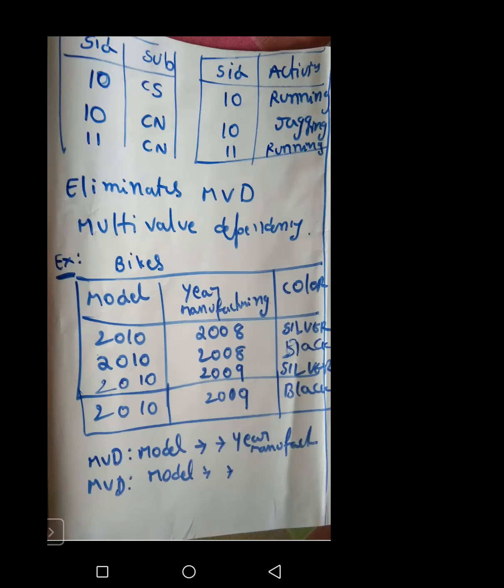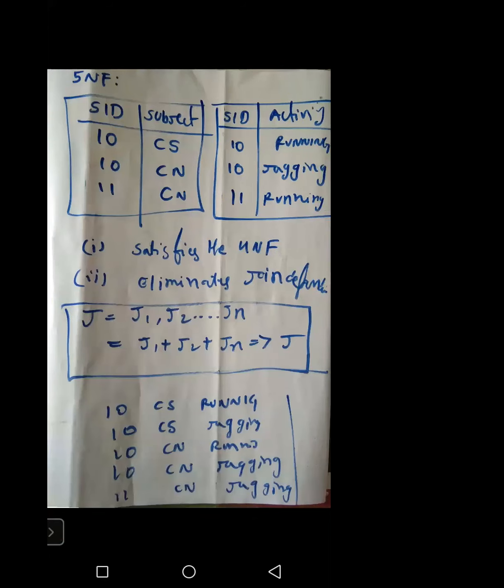Okay, so from an exam point of view, this is very important. Please try to remember all these things. Now let us discuss the fifth normal form. Obviously, you already know about this. What is the fifth normal form? For it to be in fifth normal form, the first step is that it should be in fourth normal form.